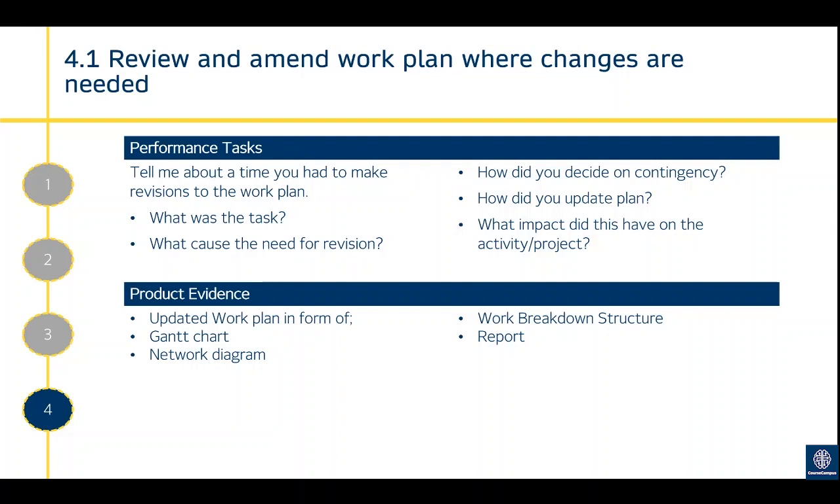How did you decide on contingency? How did you update the plan? What impact does this have on the activity of the project? Product evidence for this would be an updated work plan in the form of a Gantt chart, network diagram, work breakdown structure or report. It could also be communication about discussing, agreeing and approving the changes and then communicating out